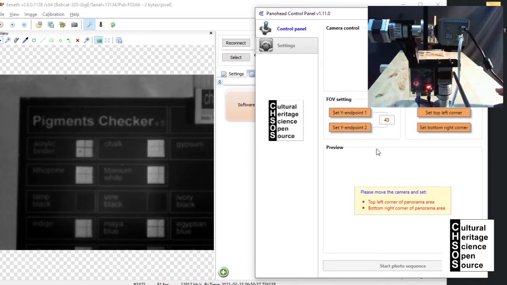Before starting using the panoramic head, we need to set up the FOV, field of view. So it's over here, the field of view. In this case we have here 43 because I already tested with my camera. So if you are using another camera with another lens, you need every time to find out what this FOV is for your specific system in terms of camera and lens. So to do this